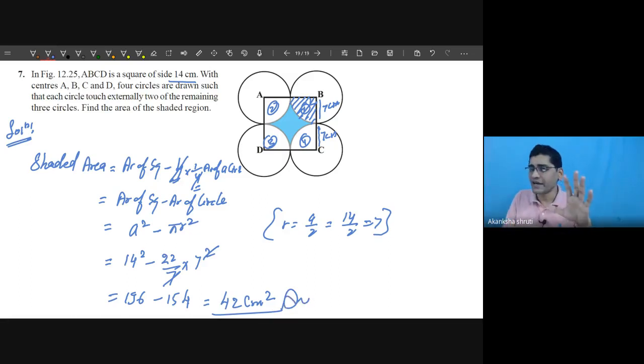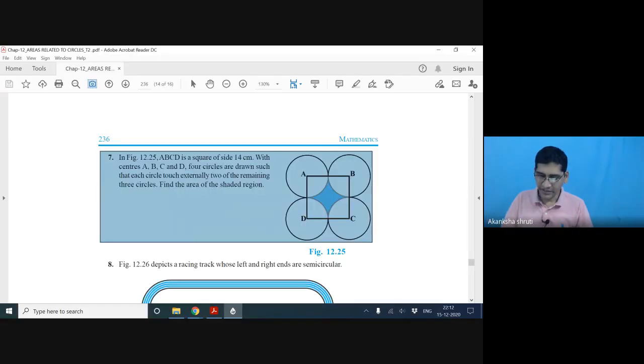Questions are very easy. Our students are just getting confused, I mean, just not able to identify the required area, not able to identify how it can be converted into the standard. So just by manipulation you can do it. Let me give one more hint. Your textbook is basically very, very easy.